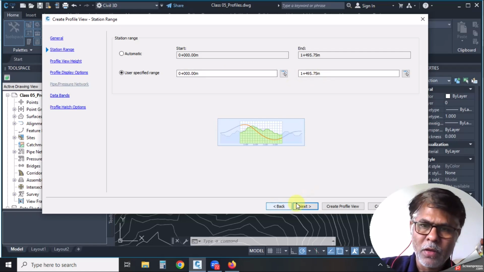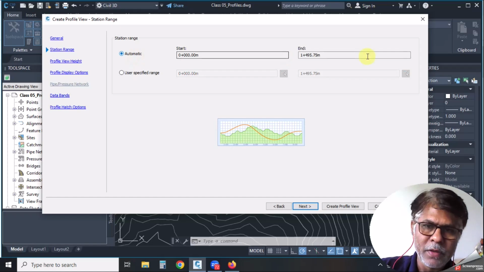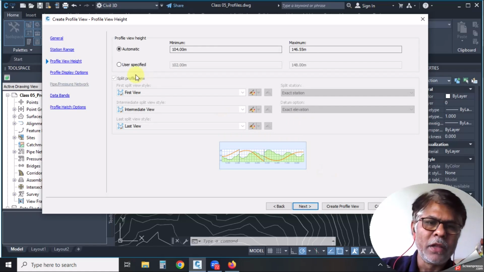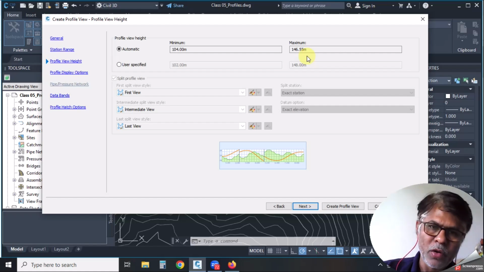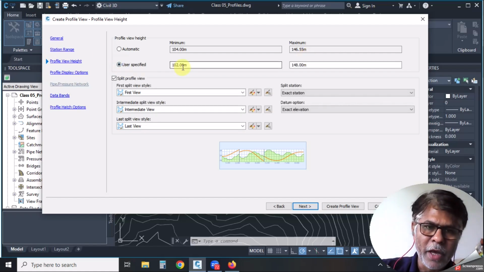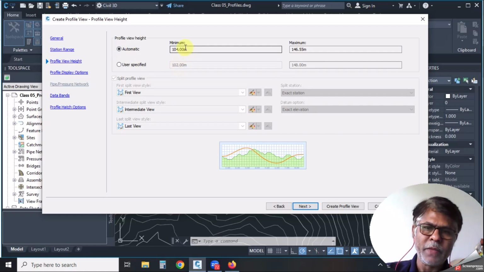So we'll just keep the whole entire length as our station range, and we'll say next. In the next, you will see profile view height. In the automatic, you will see minimum and maximum elevation within that particular alignment. You can again user specify it by punching the numbers here above or below minimum or maximum